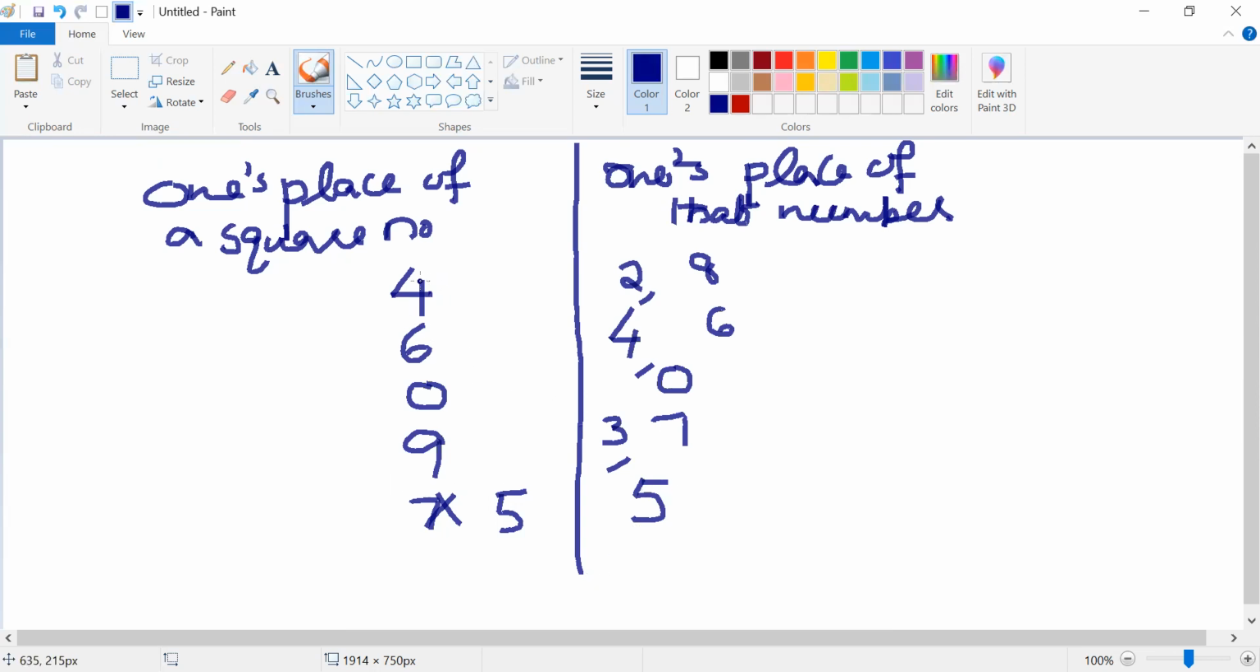So looking into the ones place digit of a square number, we can assume what the ones place of the number is. There are 2 possibilities, except for 5 and 0. All others have two possibilities. So we can guess what is the ones place of that number. That is possible. Yeah. Next one is,